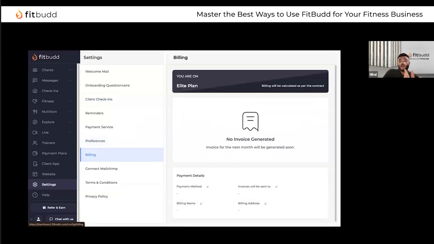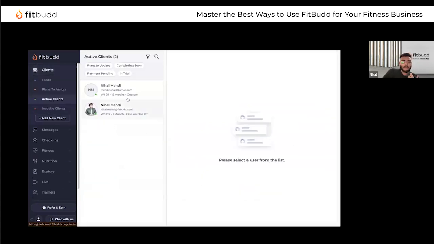Your current billing on FitBudd will be visible here, your plan name, your pricing, the next invoice date, and your payment method, your billing name, your billing card, everything. With that said, going back to the client segment,